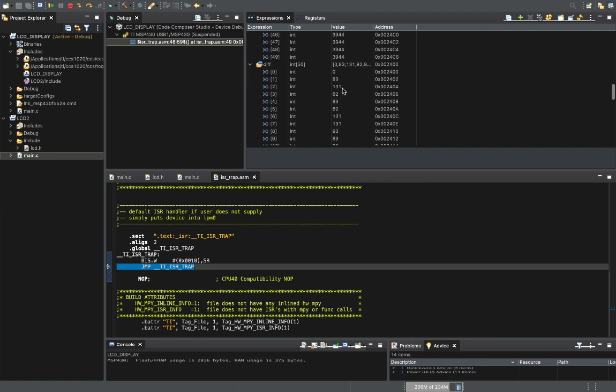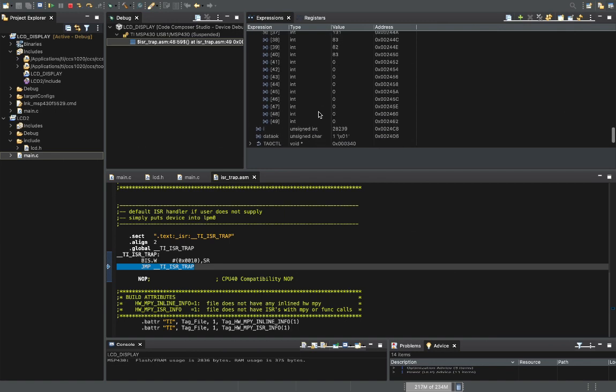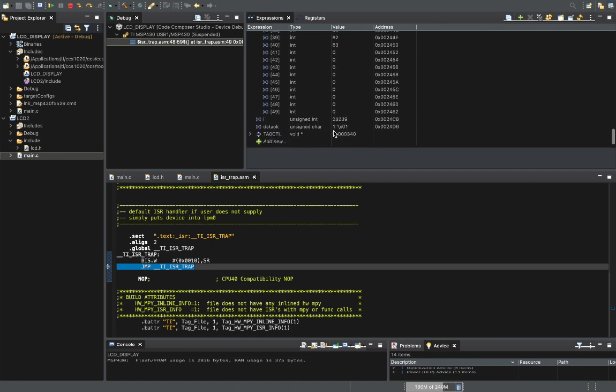Here 131 means it is a high bit, here it is a low bit. So we have put 110. If it is greater than 110, it will be considered a high bit, otherwise a low bit. Here you can see data okay is 1, which means all the data sent by the sensor is received successfully.